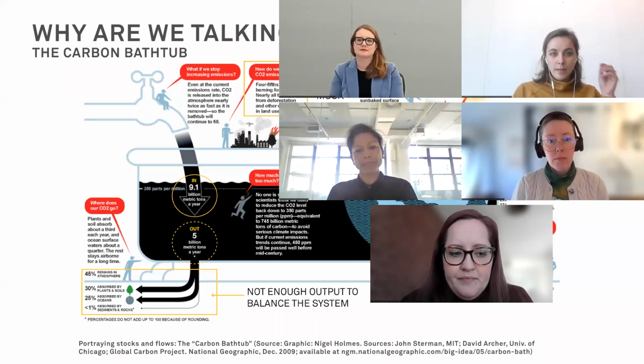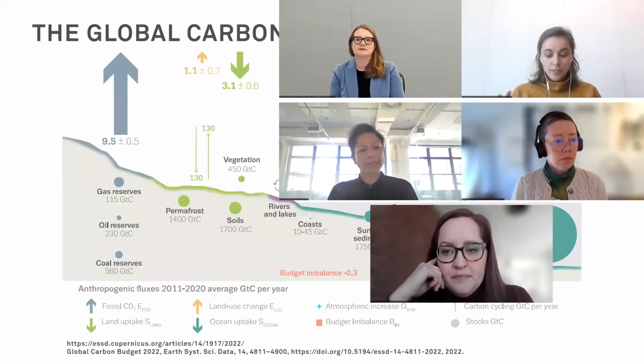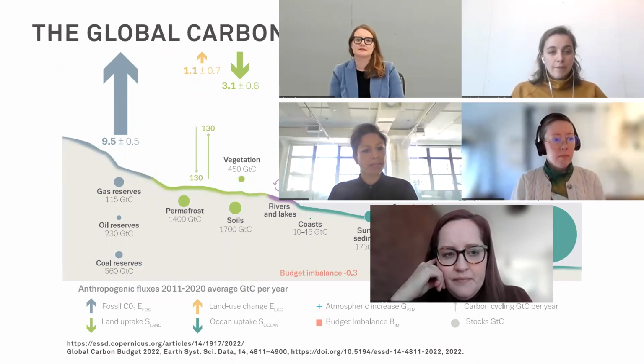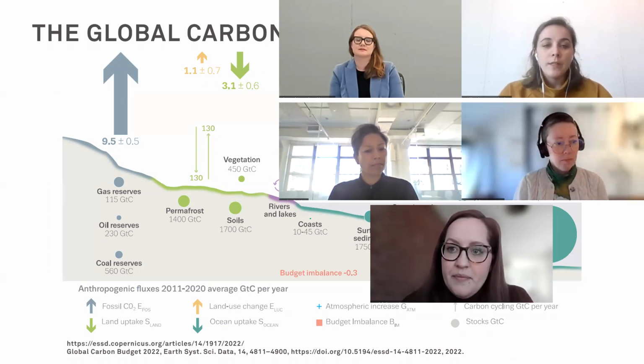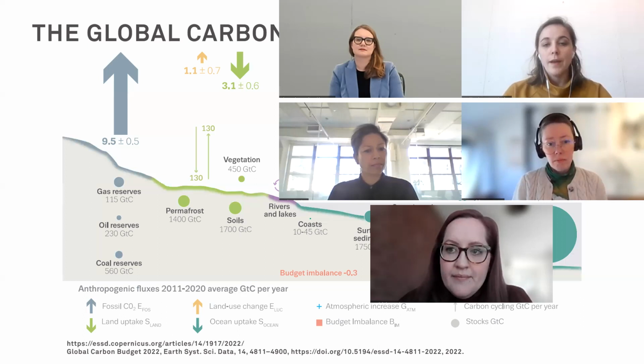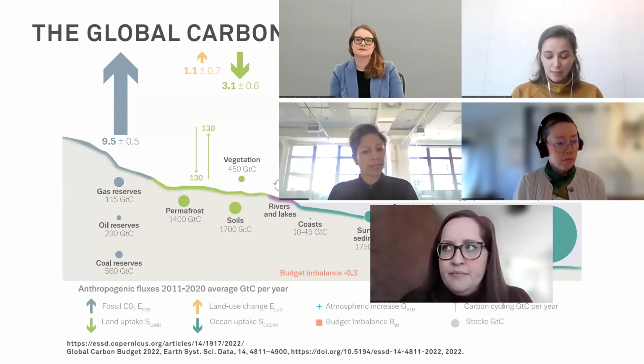And then another way of looking at that, on the next slide, is showing the emissions and the sinks. The larger arrow on the left is the emissions from fossil fuels, and then the natural sinks are things like the ocean, the soil, the earth, and a lot of those things will capture the carbon and store it, but the natural sinks can't really keep up, and so this remains a significant amount of CO2 emissions within the atmosphere.